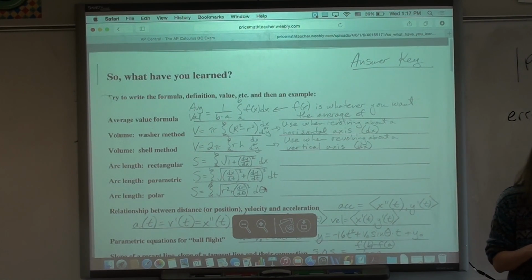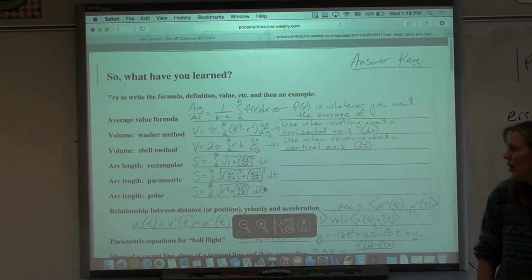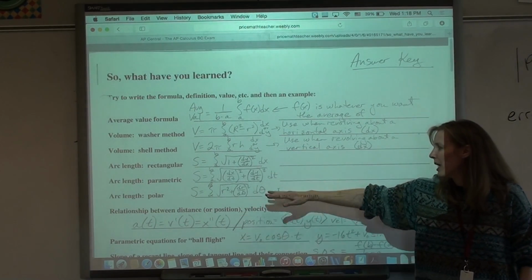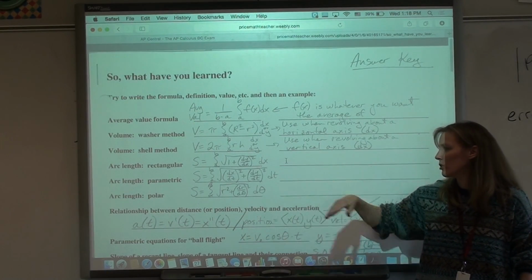But once I backed up and remembered how to do it, it really wasn't hard. It was just a matter of remembering how to set it up. So the advice I have is just be aware that they might force you to do a washer with a dy or a shell with a dy, right? So just be aware. All right, arc length, bam, bam, bam, rectangular, parametric, polar, you need to know arc length,